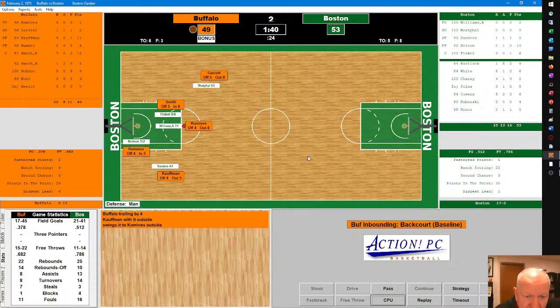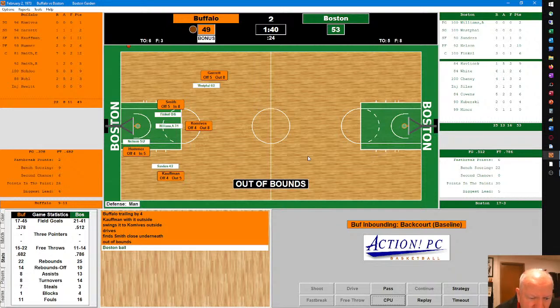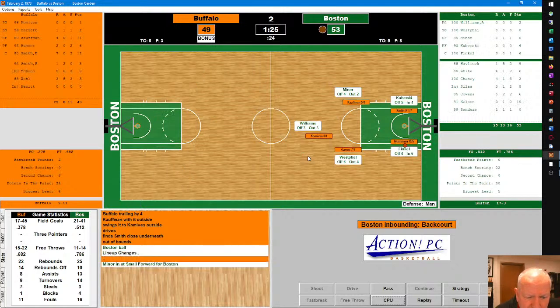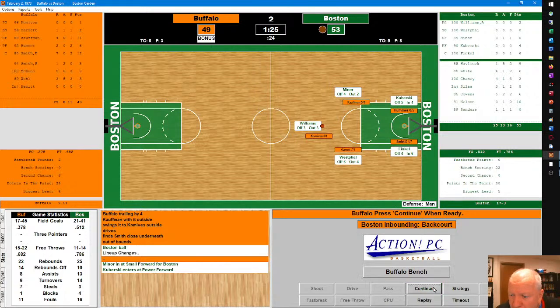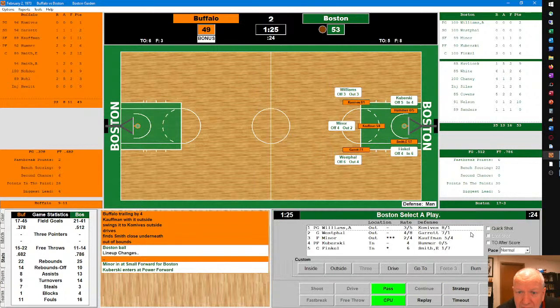Butch Comives with the shot at it for Buffalo. He actually dribbles around Art Williams, tries to find Smith underneath. That pass went right between his legs and out of bounds. A little too much mustard on that hot dog. Boston now leading by 4 with the basketball. Minute and a half to play.